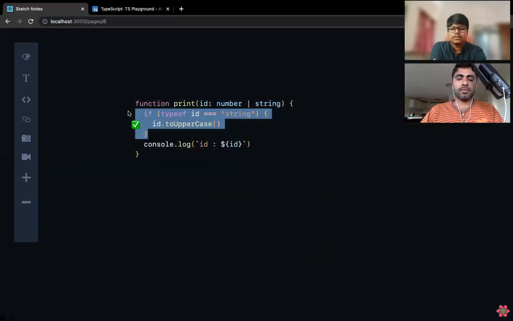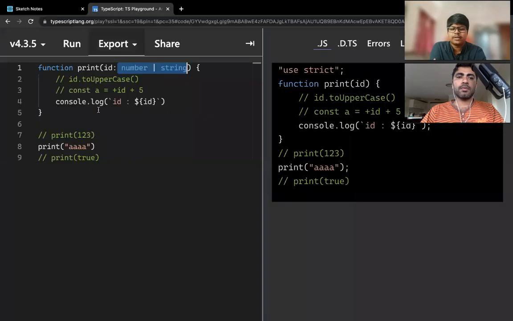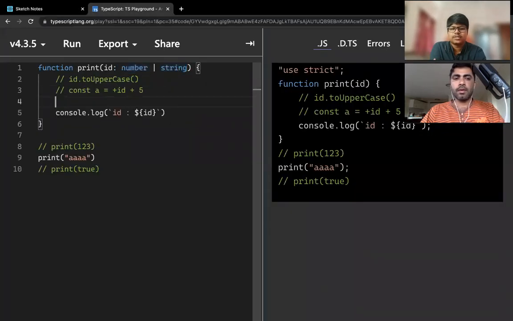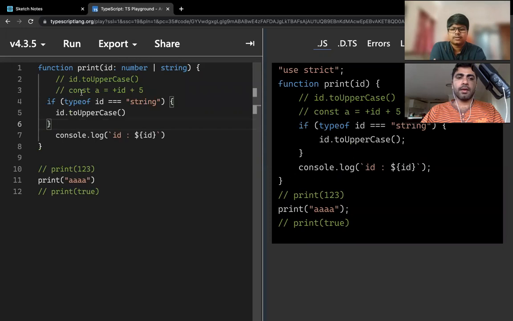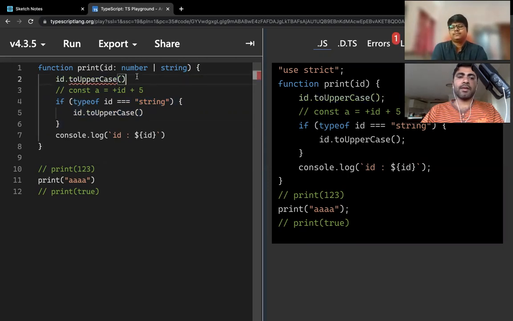So this time the compiler will not complain that it is not having it, because it is doing the check. So in this case, it is not complaining. But here, if you do that, it is complaining. If you wrap it within this if block, it is not complaining. Got it. Okay. So this pipe symbol is used for union types.